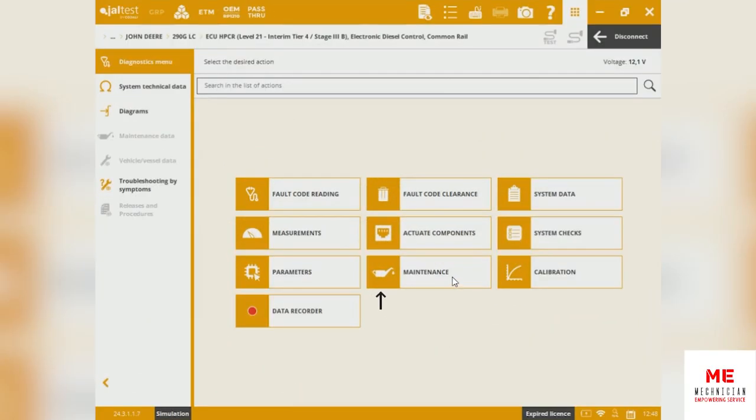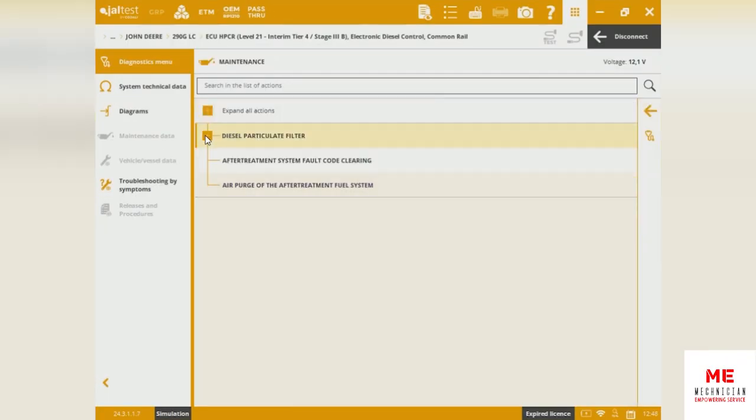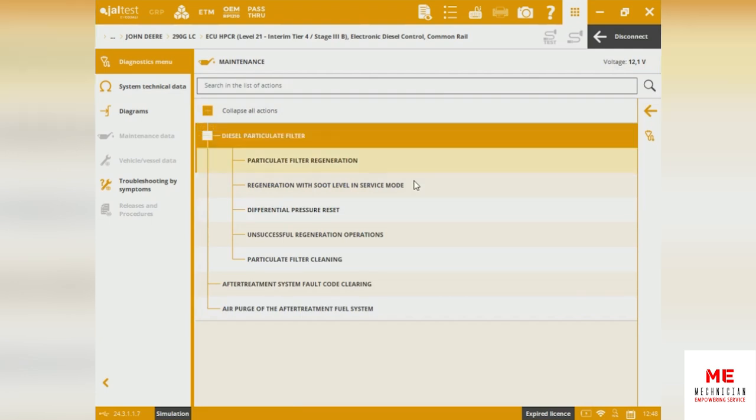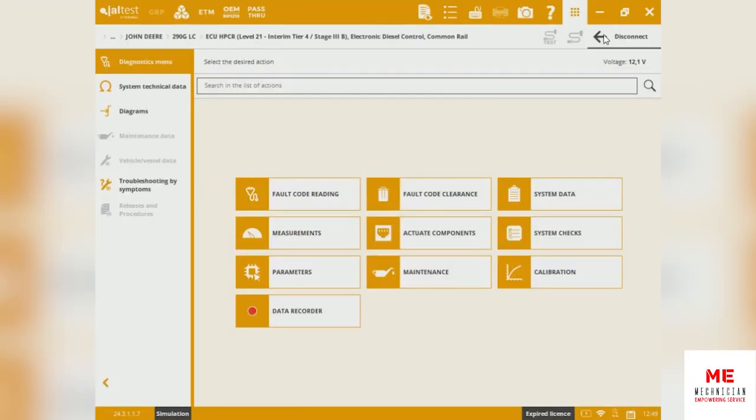On the maintenance side, for the diesel particulate filter, we can run and force a regen. We can run regenerations with a high level of soot content in service mode. We can reset the differential pressure sensors, and we can do a particulate filter cleaning. We can do aftertreatment system troubleshooting and fault code clearance, and also an air purge of the aftertreatment fuel system. This is a little bit of how it looks, coverage at a basic level for the John Deere Crawler